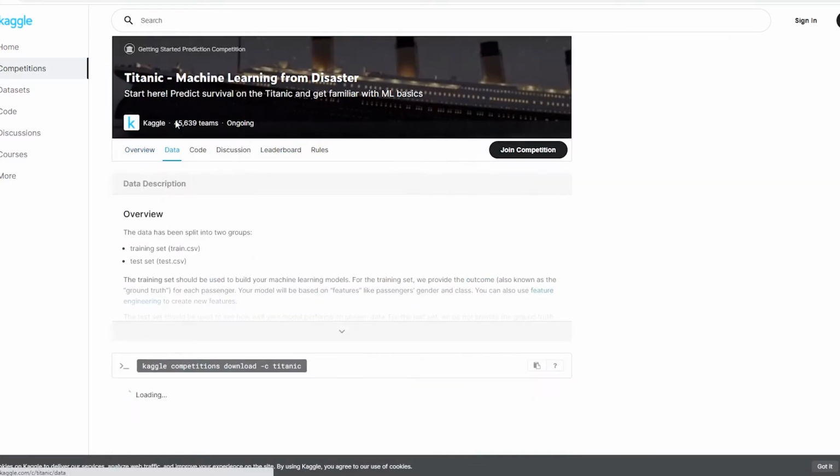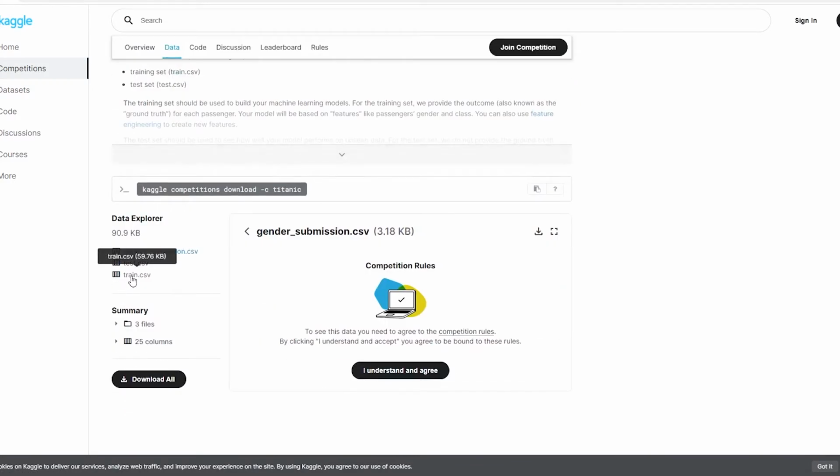If we look at this data set and go to train.csv, the reason is that this is working on the basis of a competition. So we will have to sign in or register. I do have my Kaggle account, so that is one option. But here I'll give you one more technique.